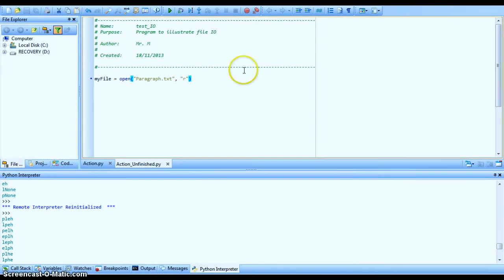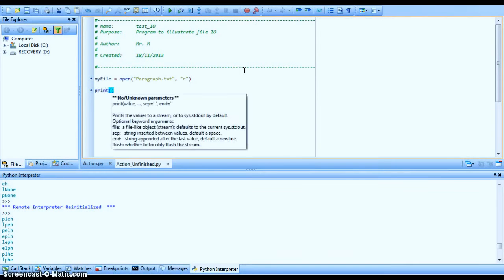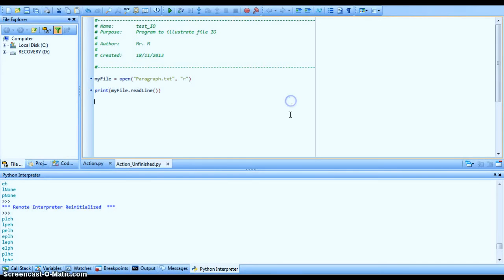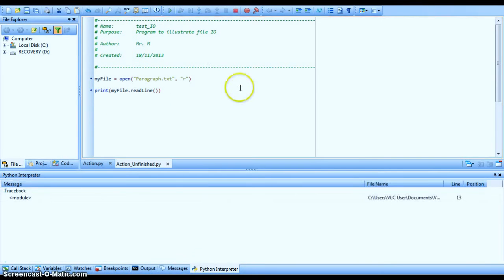If I open up my paragraph.txt, I've got this file handle called myFile. And if I use myFile.readline, I'm going to print whatever I have to the screen. And so when I run this,